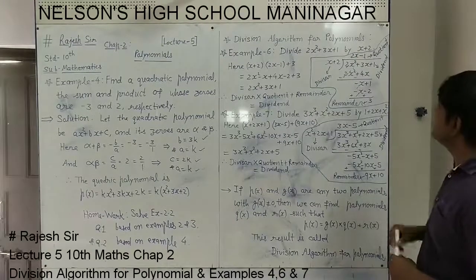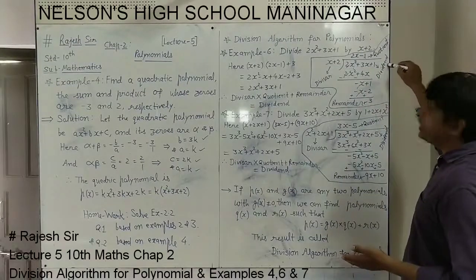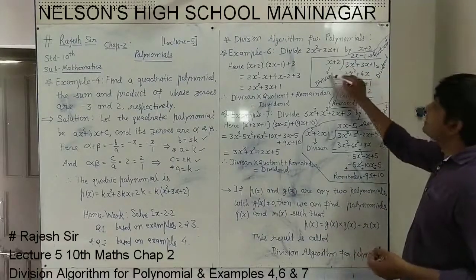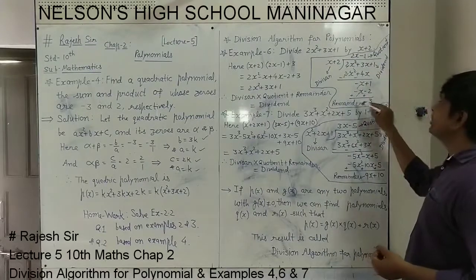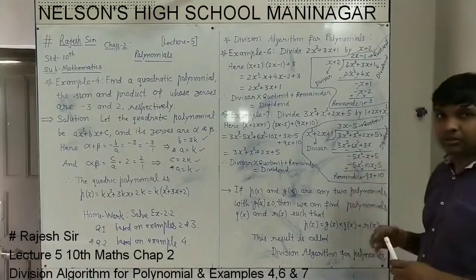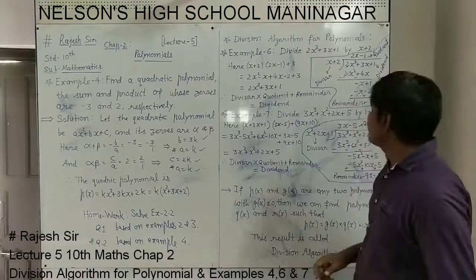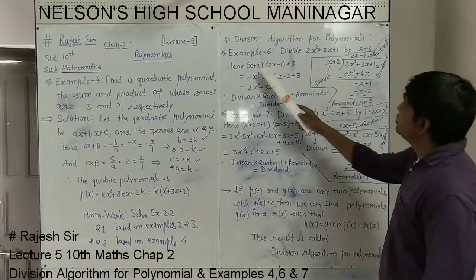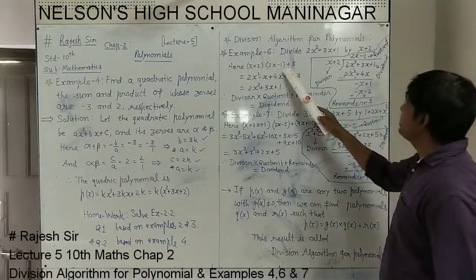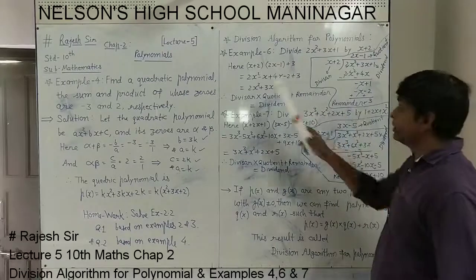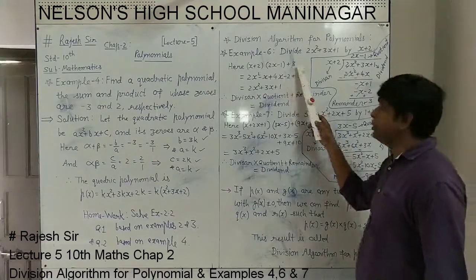In usual notation, you know that this portion inside which we have divided is called the dividend. And this is called the divisor, the answer we got is called the quotient, and the remaining is called the remainder. These notations we know. Now here what we do: we take x plus 2, this divisor, into 2x minus 1, this quotient, and plus 3 is the remainder. We are doing divisor into quotient plus remainder.